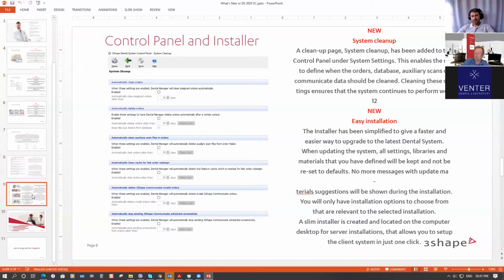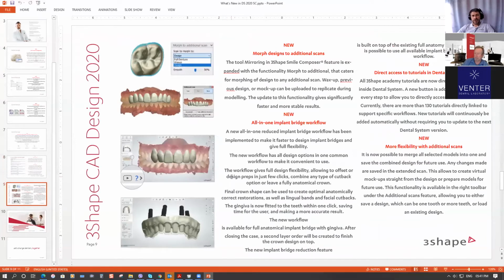Now let's go to the next slide. The next slide is exactly about 3Shape CAD design, which has a lot of improvements in our 2020 version. For example, now we have a really good feature. We can morph design to additional scans. In the previous versions, we were morphing it only to pre-preparation or double preparation scan. But now, in the current version, we have this morphing tool available for any additional scans added through the add